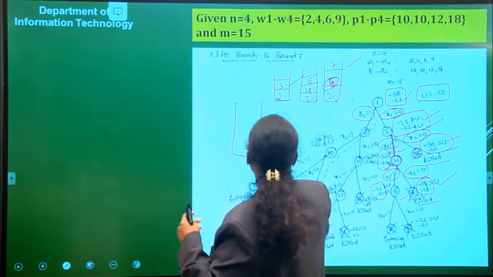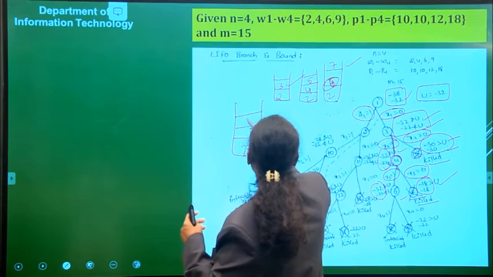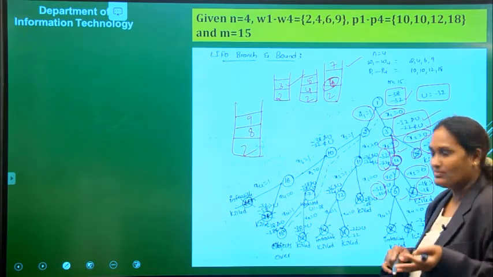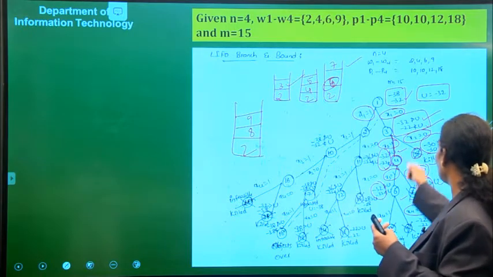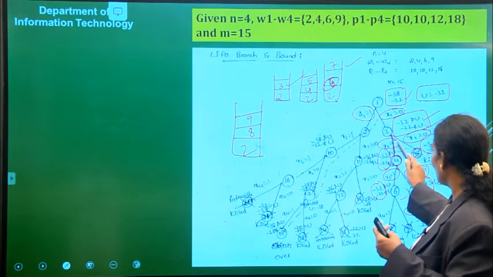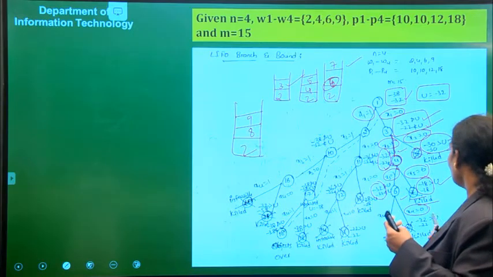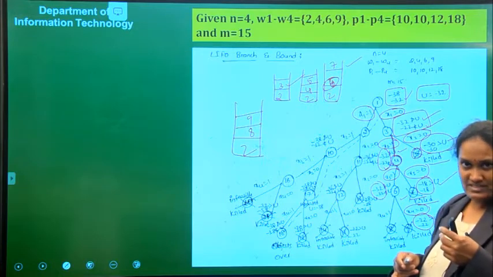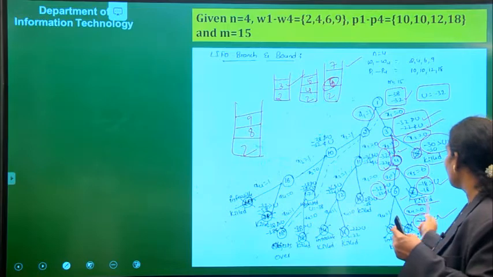If I expand this node, what becomes the stack? 2 is present, and if I expand, I get 8 and 9. What is the next node? Next, I have to verify 9. At 9, the path is x1 = 0, x2 = 1, x3 = 0 and x4 = 0. By calculating the values, we get minus 22, minus 22. Since the lower bound is greater than the upper value, this node is killed.